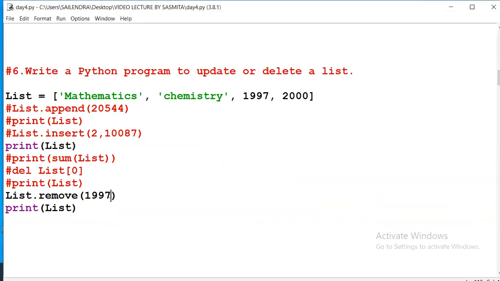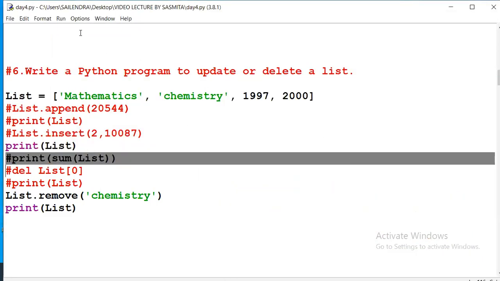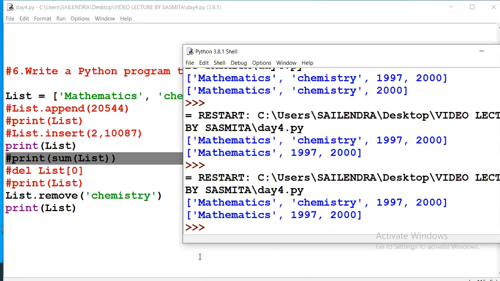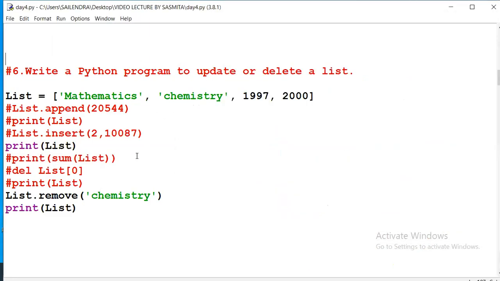If we want to remove any string, then we write that string. If we want to use only the index value, we write delete.